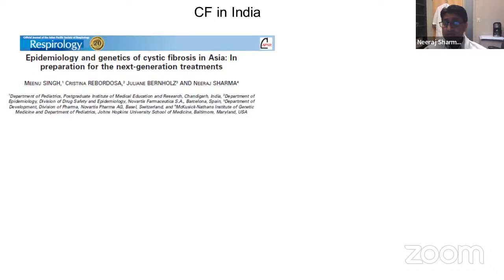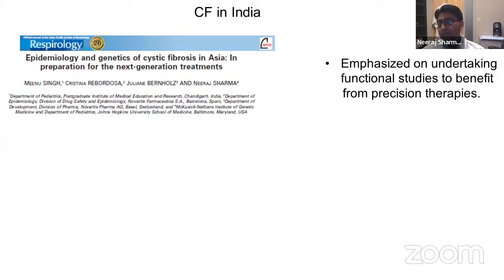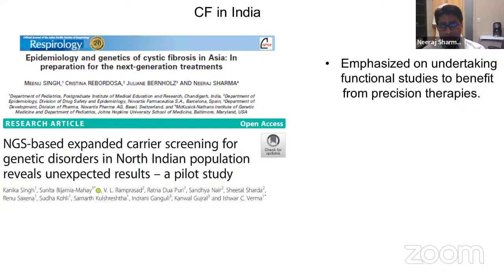So what about CF in India? Those people do not have access to these drugs. What you need to do, and this is what we had emphasized, coming back to where I started, is that we need to understand the epidemiology and genetics from the perspective of Asia. We have to undertake functional studies to benefit from precision therapies. More recently, NGS-based carrier screening, and this is from Dr. I.C. Verma, has emphasized that